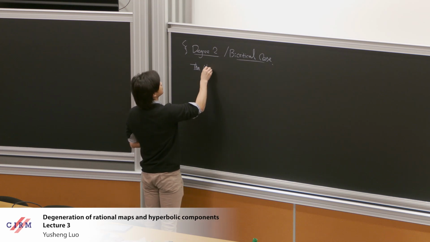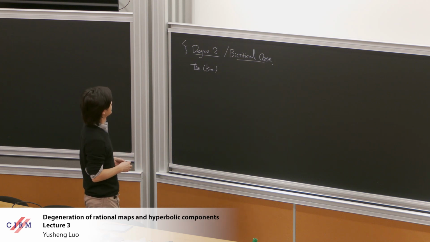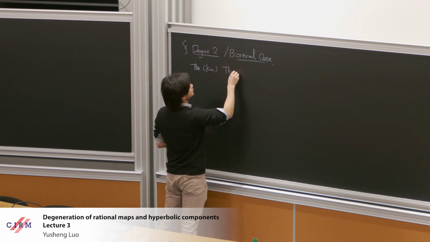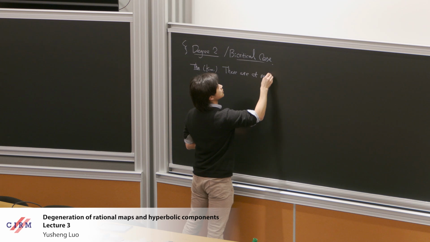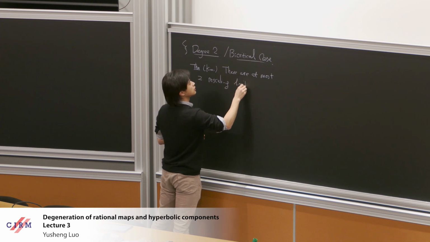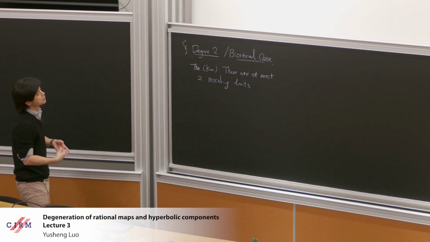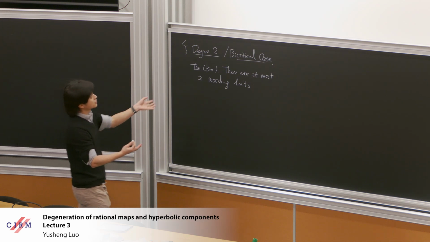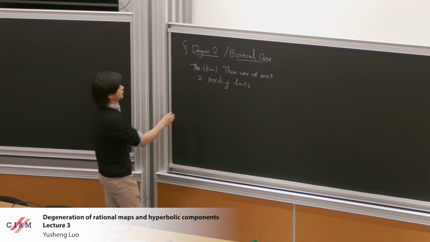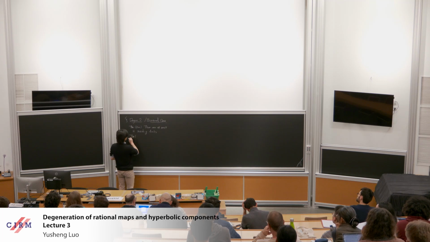So in the morning we defined these rescaling limits, and in degree 2, or in the bicritical case, can we prove that there are at most 2 rescaling limits? There is actually a better, more detailed version of this, which I'll explain in a moment. But then I also want to talk about how this would allow us to prove some boundedness results, which is